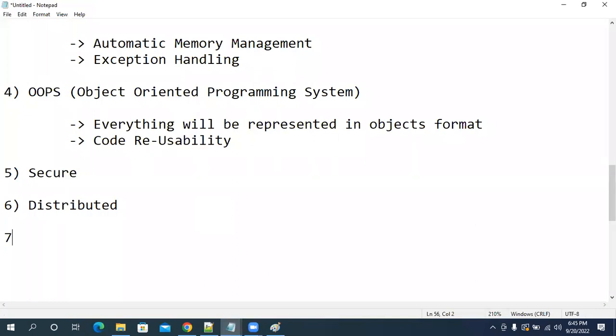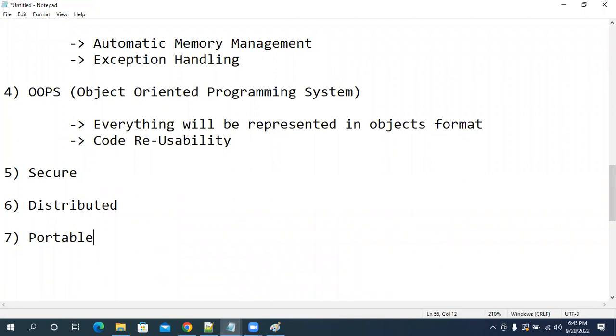Now, seventh advantage. Any guess? No? Java is portable. That means Java programs you can transfer from one machine to another machine.